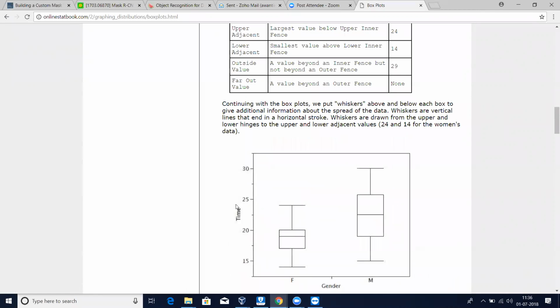Suppose you are calculating stats: how every student and the time he took. Later on, you want to do some generalization based on the gender. So for female, this is the data. This is the minimum time she took and maximum time she took. This is the minimum time a male took. This is the maximum time a male took. And this is the mean time.